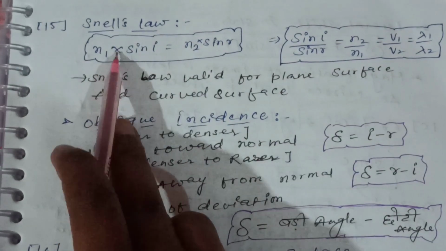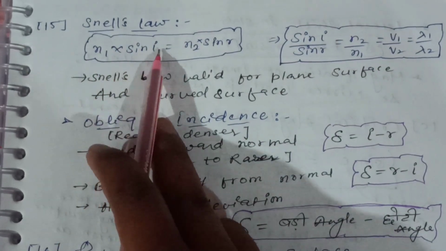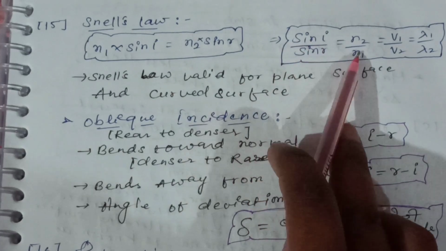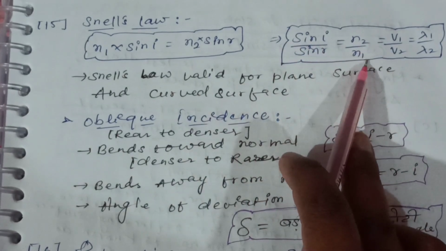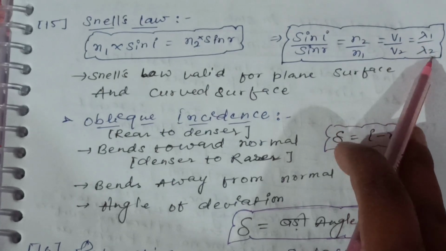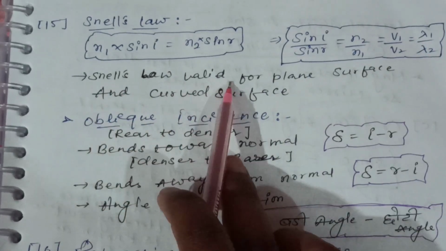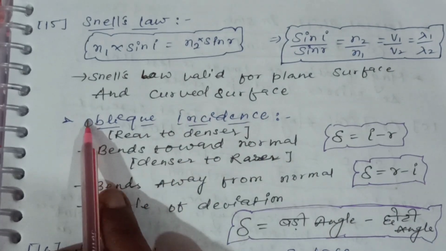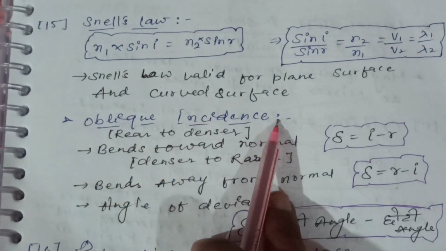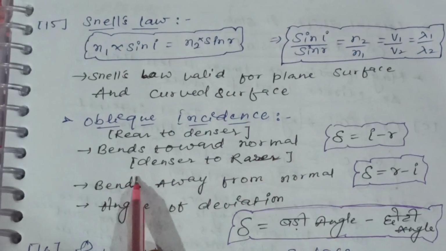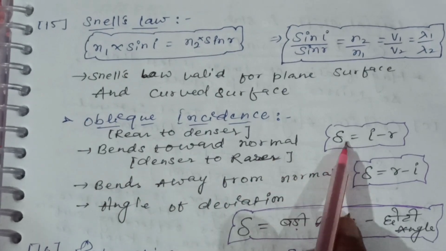Snell's law: n1 into sin i is equal to n2 into sin r. Sin i upon sin r is equal to n2 upon n1 is equal to v1 upon v2 is equal to lambda 1 upon lambda 2. Snell's law is valid for a plane surface and a curved surface. Oblique incidence: rarer to denser, bends toward the normal; denser to rarer,